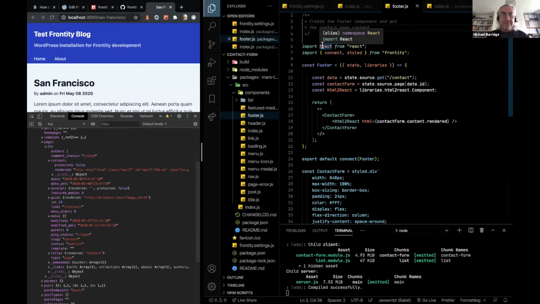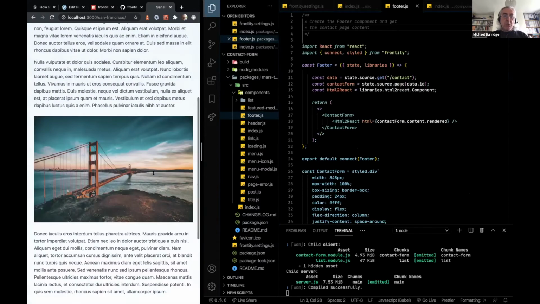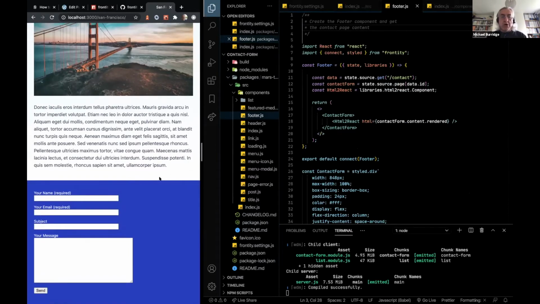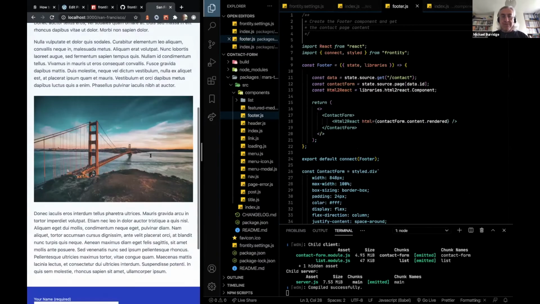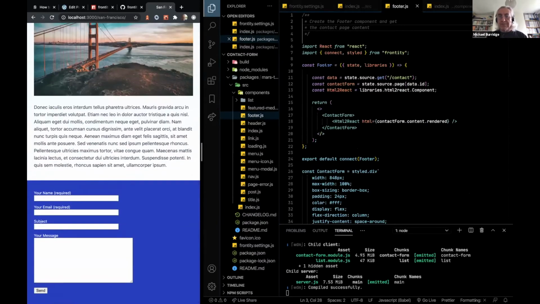We want a footer component because we want everything to show up in a footer. Now, Mars theme doesn't have a footer by default. It has a header, but not a footer. But it's easy enough to create a footer component. And then what we're doing